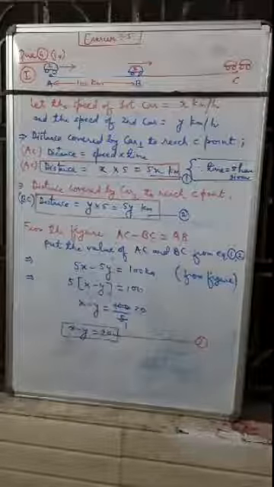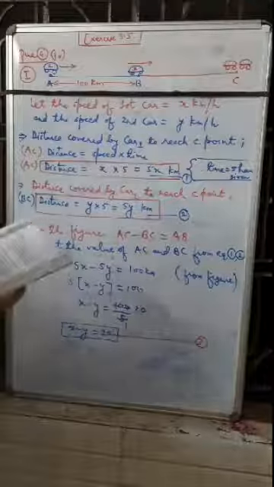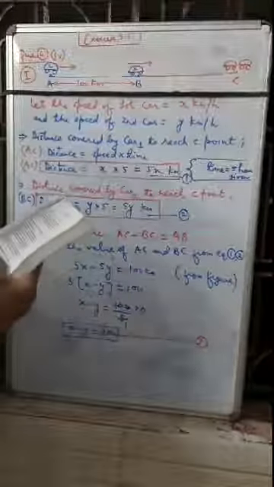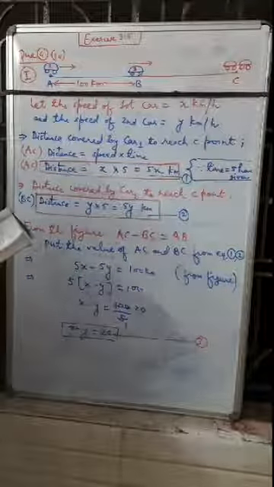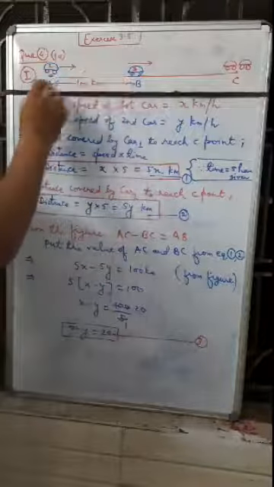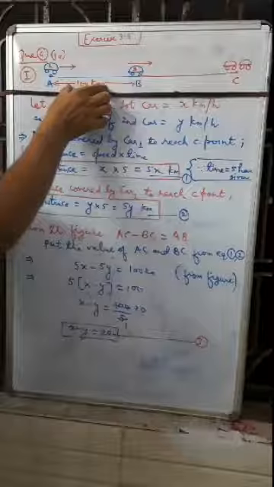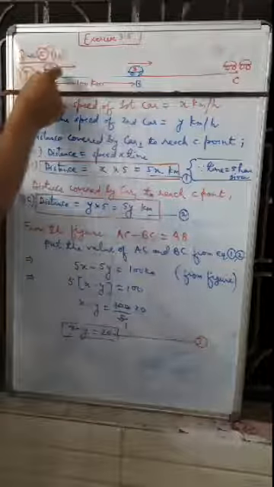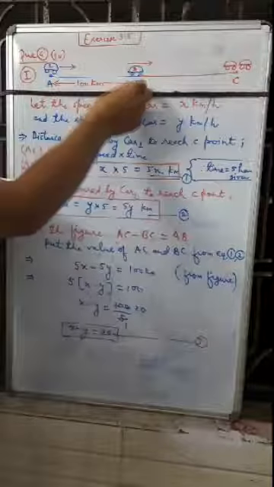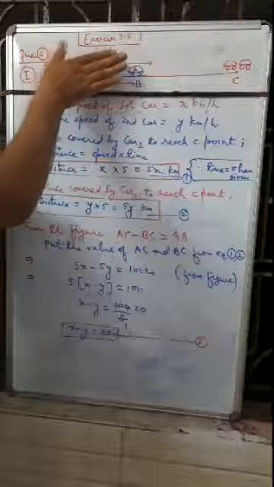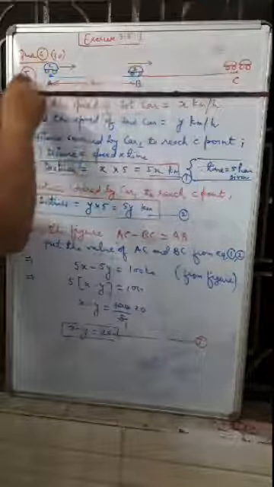So now we will solve question number 4. You should read the question twice or thrice before solving it. Places A and B are 100 km apart on a highway. So there are two places A and B, 100 km apart on a highway. From point A one car starts, and from point B a second car starts to move in the same direction. The direction is the same in the first condition.